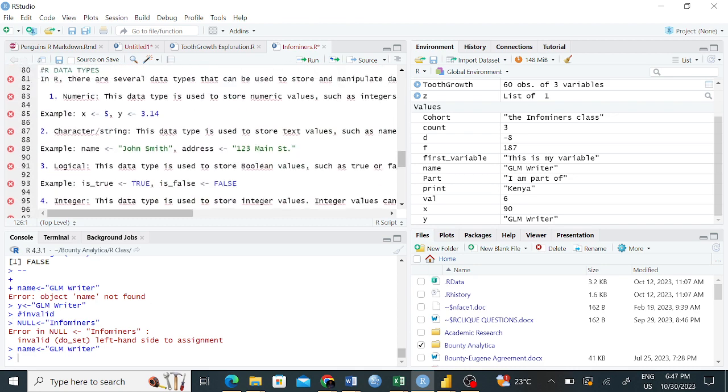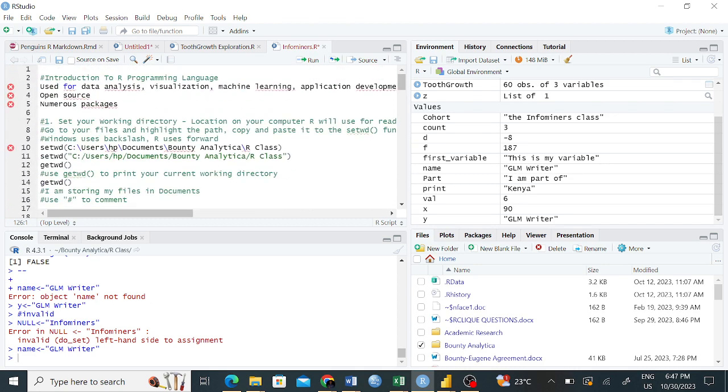Okay. So that's it. Let's now start what you are doing. Okay, so introduction, of course, R is used for data analysis and then visualization, machine learning, application development. And one of the advantages is that it is open source. What does it mean when you say something is open source? Eric, what does it mean to say that something is open source? Eric,